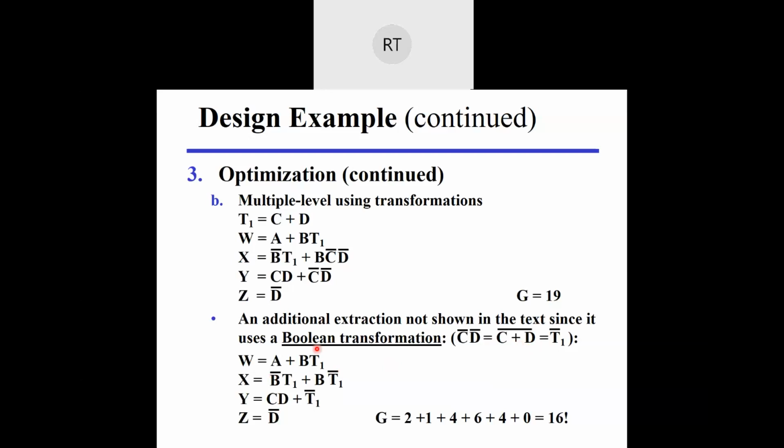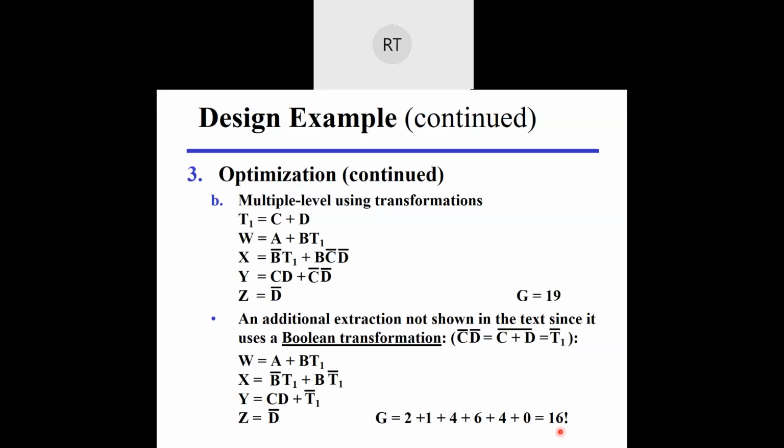So this is also referred to as Boolean transformation. What happened here? It became 16 gates. So again, this makes it fewer gates and more optimization occurred. Did you understand what happened here? We replaced C plus